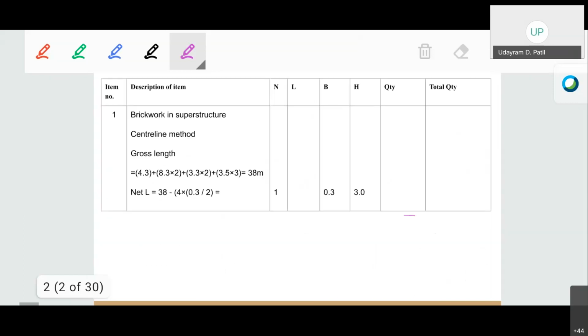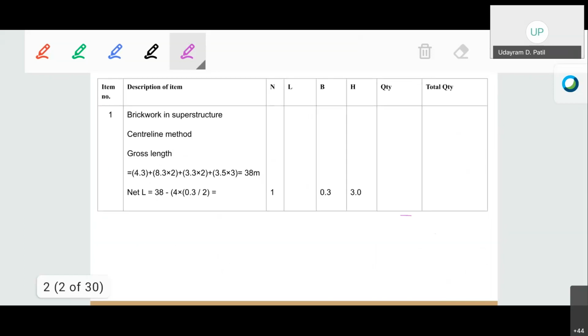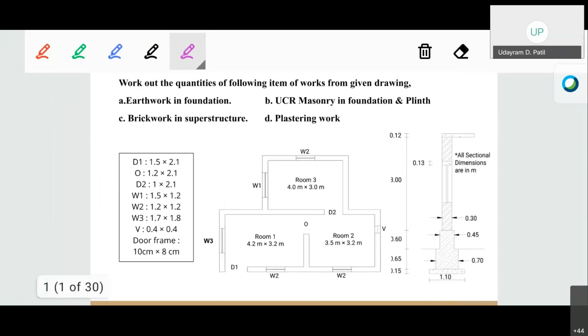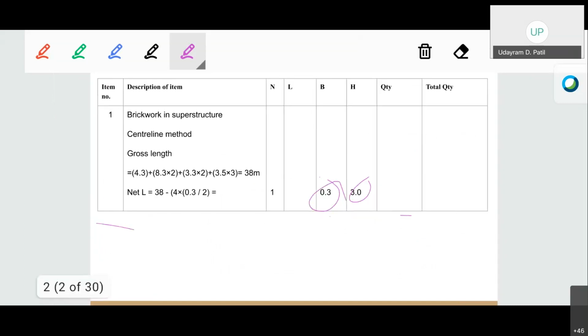So again, for brickwork in superstructure, the breadth of the wall will be 0.3 and the height will be 3 meter. As given in the example, the height of the particular wall is 3 meter, and the length will again be calculated by the center line method. We have already calculated the gross length of the center line in the previous lecture, that is 38 meter. So net length for the brick,